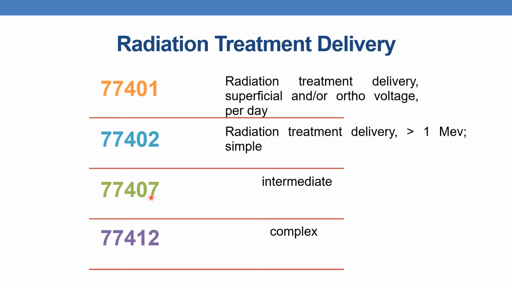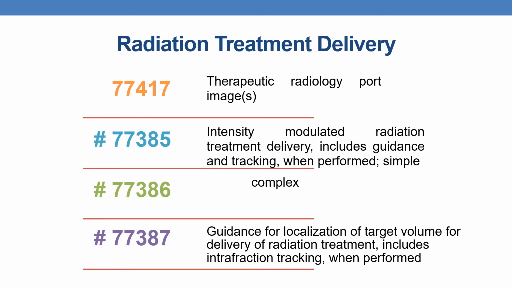The next is 77407, radiation treatment delivery intermediate. The next is 77412, radiation treatment delivery complex. Now coming to the next CPT, that is 77417, which is therapeutic radiology port images. The next is an out of sequence code, hence it is indicated by number sign